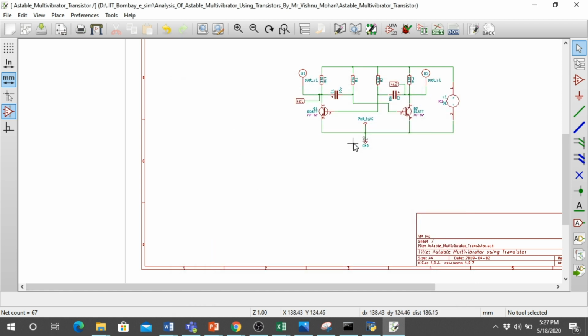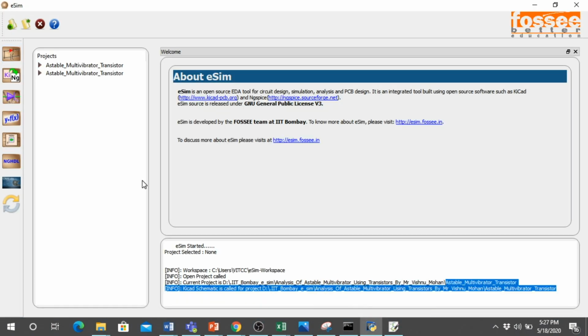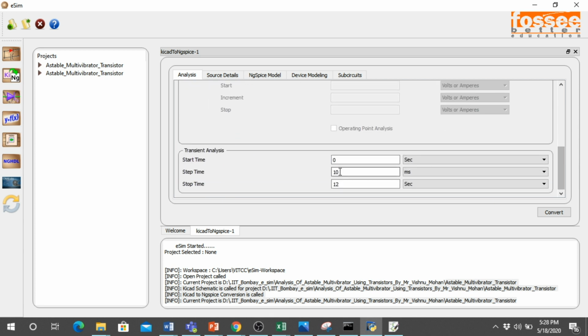So that's all. Now I have to migrate to the GUI. So now I have migrated to the GUI. Now we press KiCad to ngSpice conversion. The analysis tab is active, transistor is active. My values are 0, 10, 12.